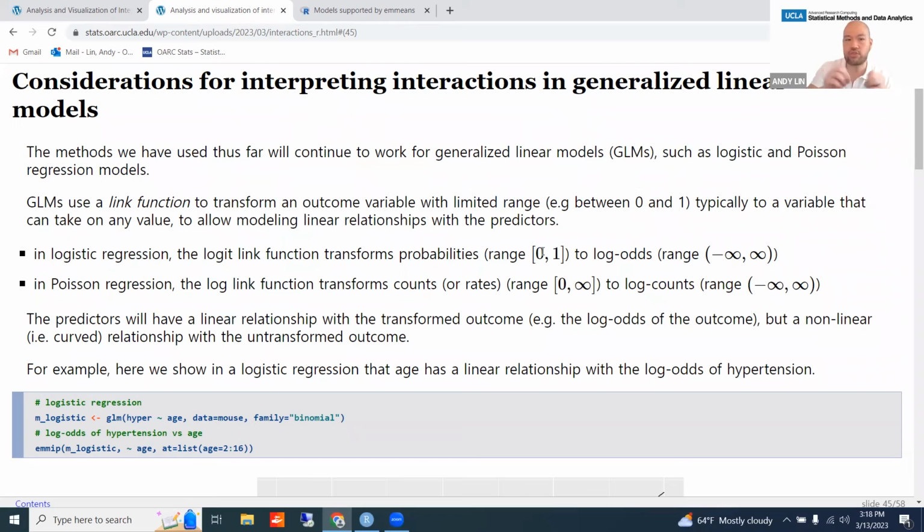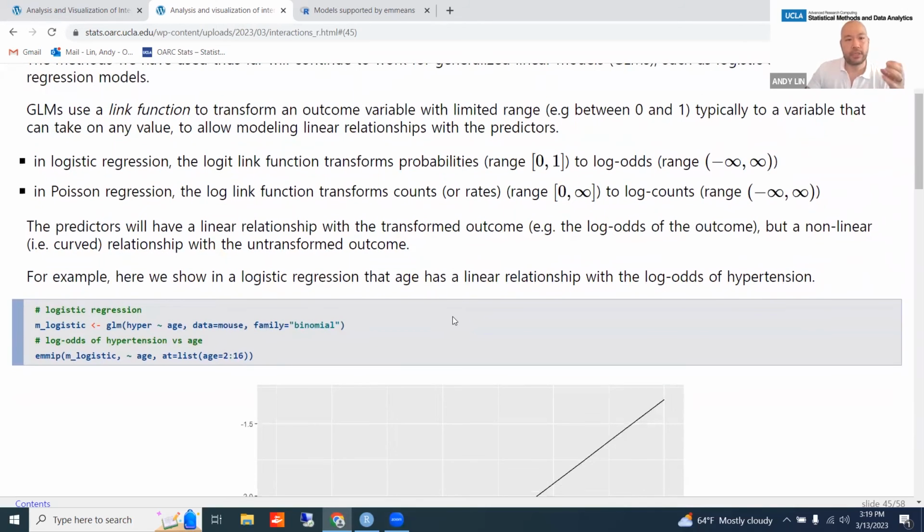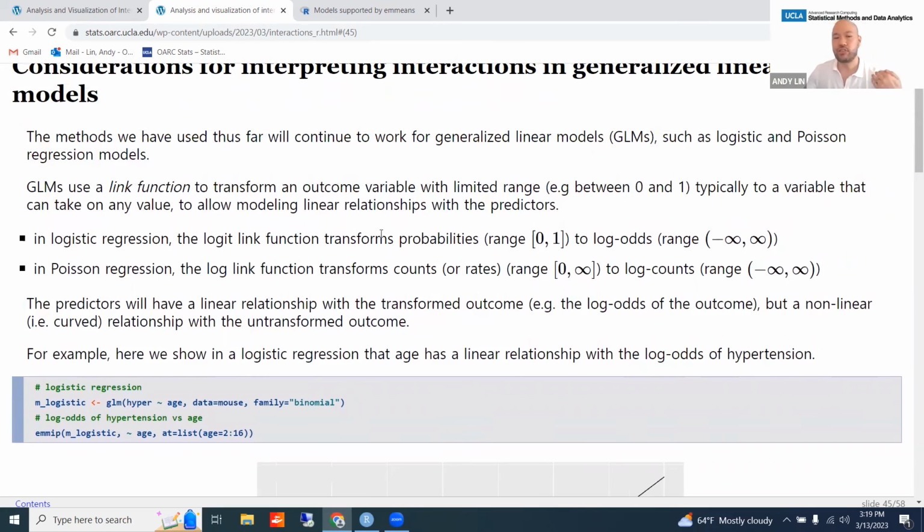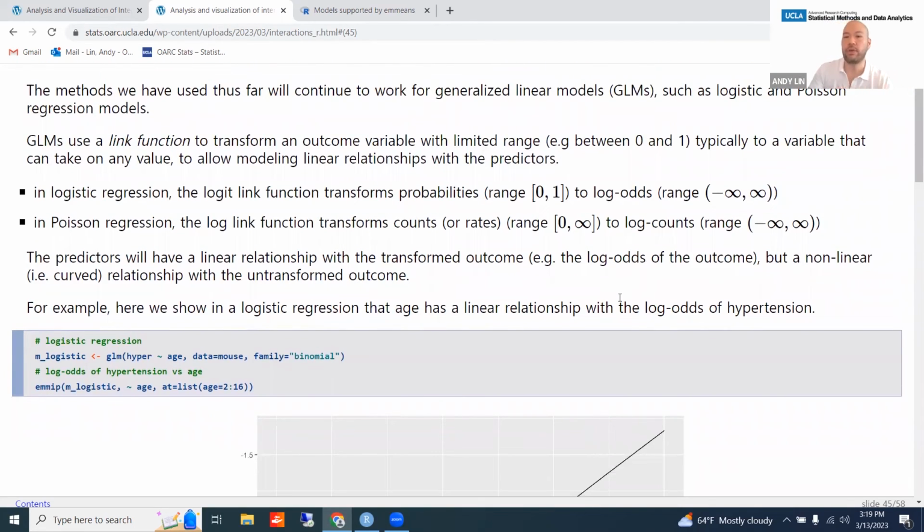So what we do is we apply this transformation, which is this logit link, which transforms the variable that ranges from 0 to 1 to a variable that ranges from negative infinity to infinity. Okay. So there's this link function that allows the outcome variable to be expressed in 2 different scales or metrics. The predictors will have a linear relationship with a transformed outcome. Like in logistic regression, we're transforming probabilities to what are called log odds or logits. So the predictors have a linear relationship with the log odds of the outcome, not with the probability of the